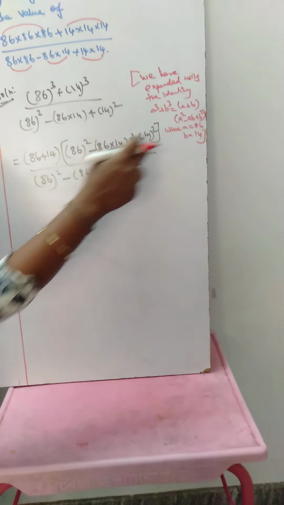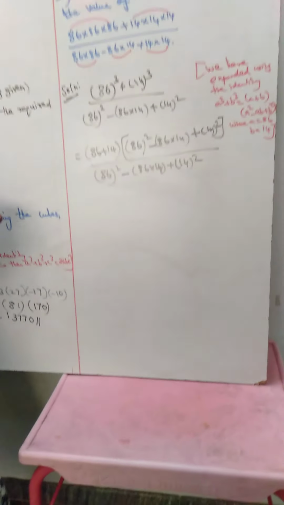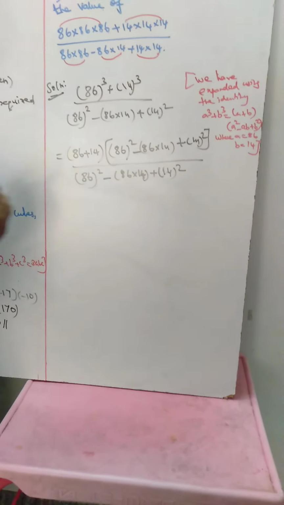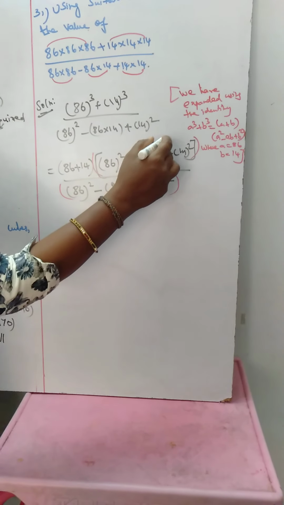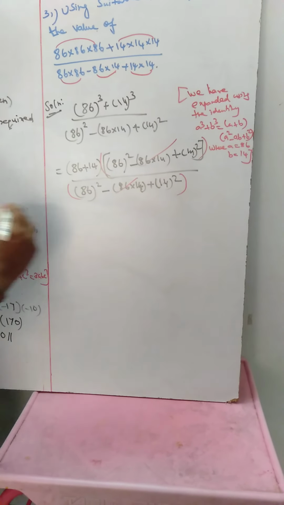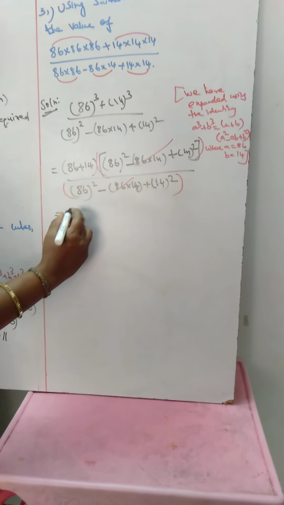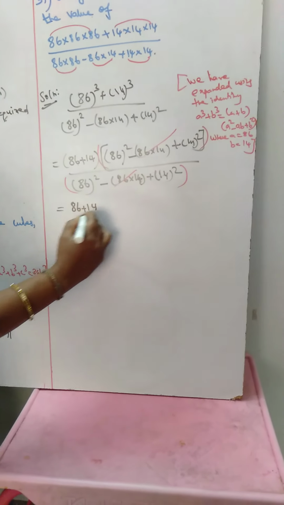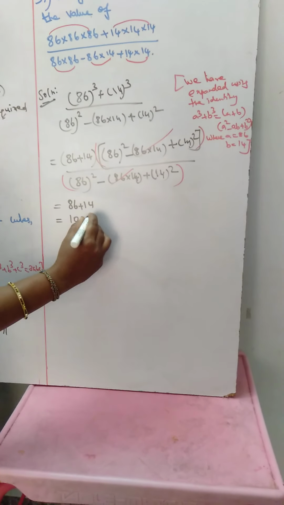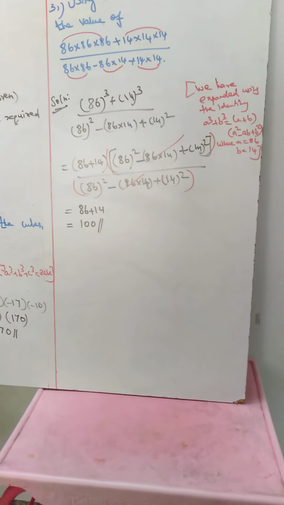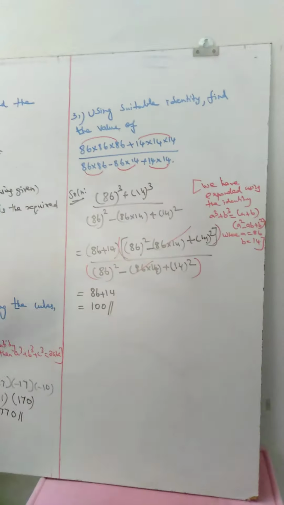This reason is all most important. So what we are going to do here is, if we consider this fully as one term and this fully, it is in the product. So this two will get cancelled. And what will be left? This 2 fully will get cancelled. This is the product. So 86 plus 14 will be the value, that is 100. 86 plus 14 which is equal to 100 is the solution of this given term.